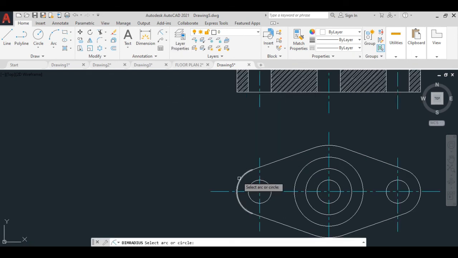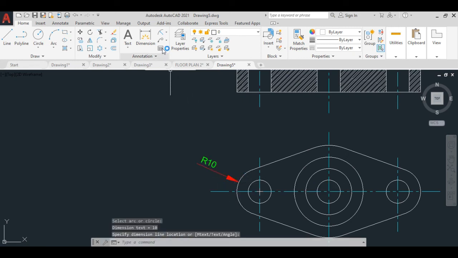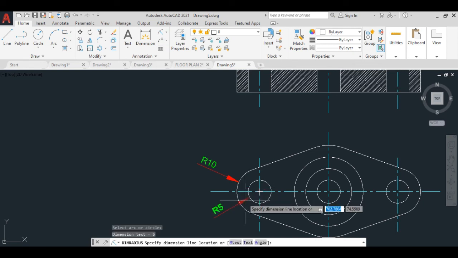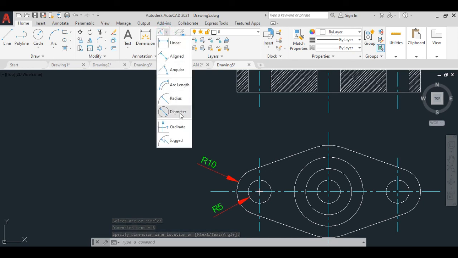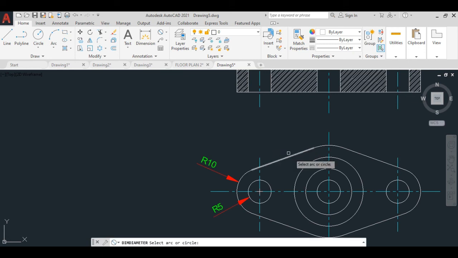Radius, you can also choose the diameter option. Now I choose the diameter option, just click over here, and now click on this circle, diameter 30.